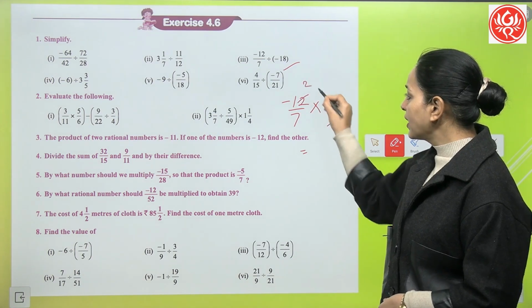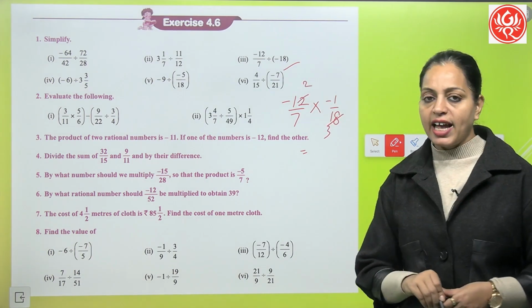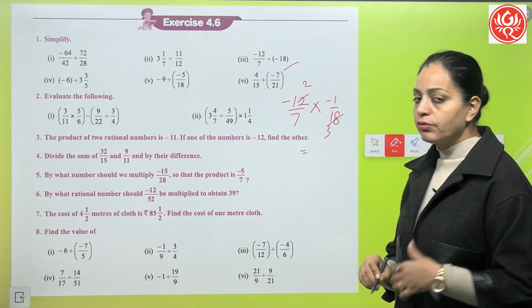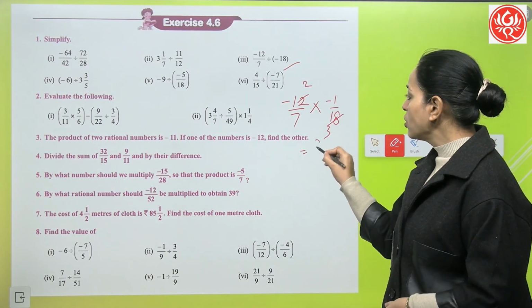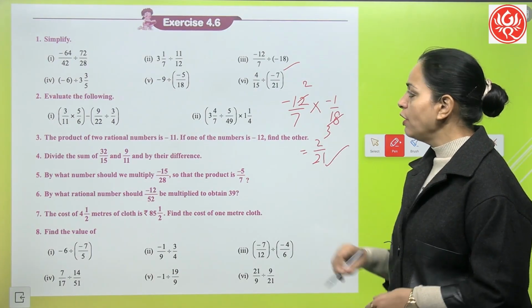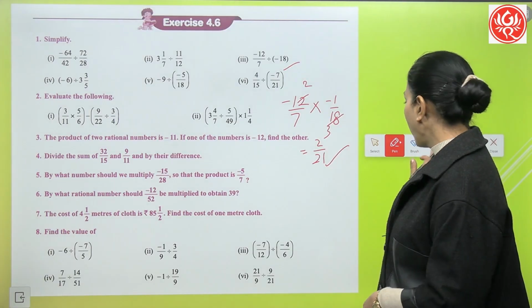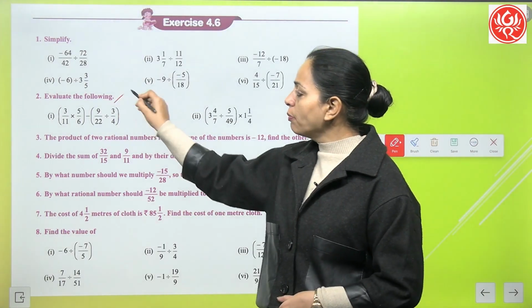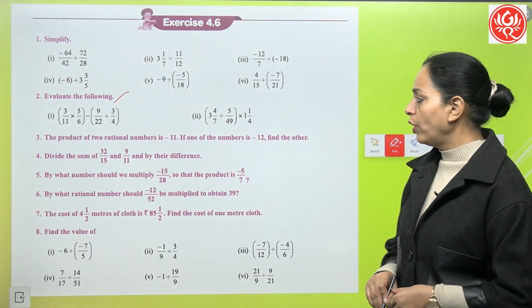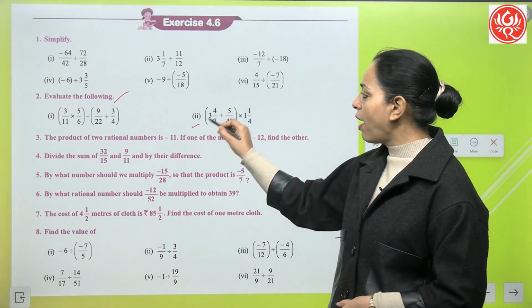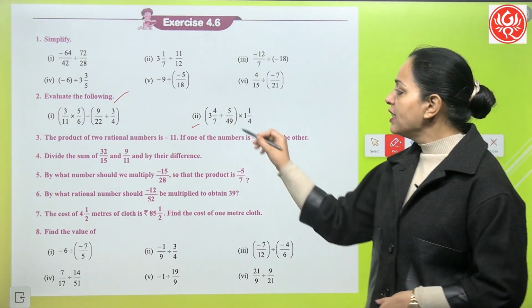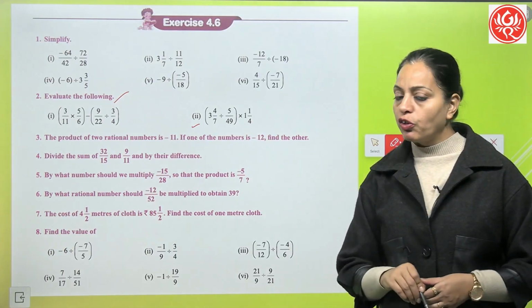Cut it by 6. 6 2s are 12. 6 3s are 18. Now we can't cut it further. So answer is 2 upon 21. Similarly, you can try remaining parts. Now question number 2, evaluate the following. So here, the second part, 3 whole 4 by 7 divided by 5 upon 49